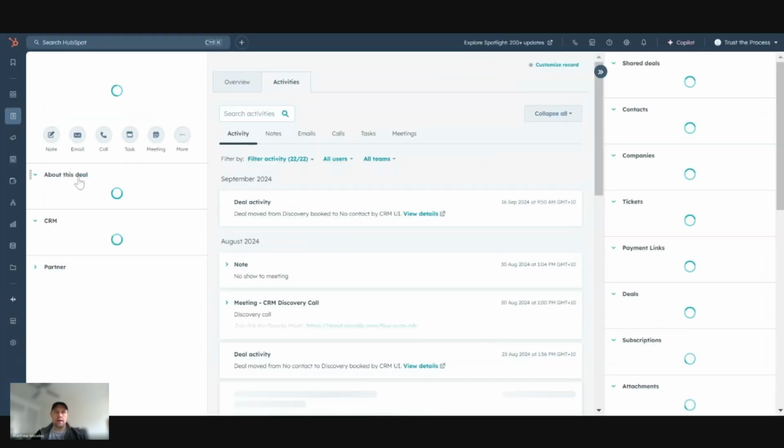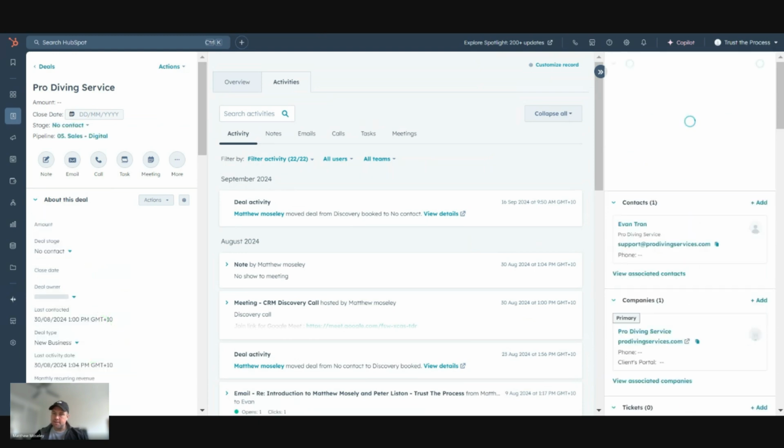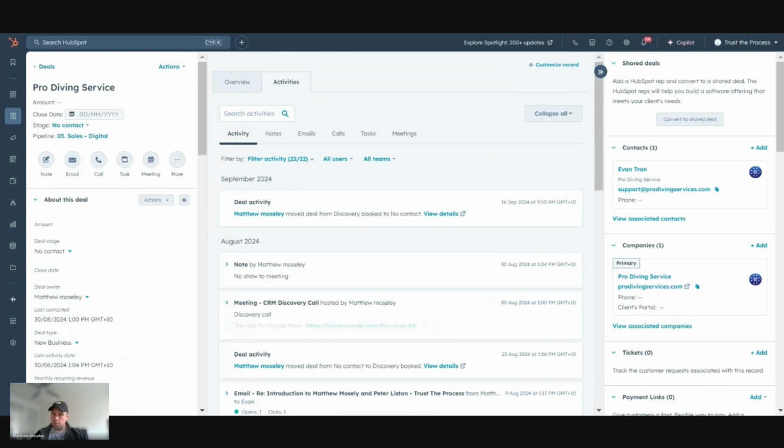Those areas are the properties, or the fields, on the left-hand side that are here, and then also the activities in the middle, like notes, emails, calls, and tasks. You can also report on associations, but the key thing is if we want to report on something, we need to have a property for it. We can't just think, oh cool, I'm going to report on that, and HubSpot's going to magically do it. We need to make sure we're grabbing that data.